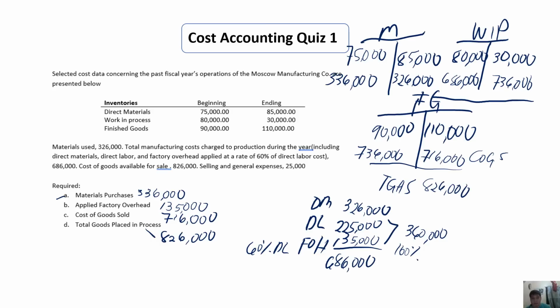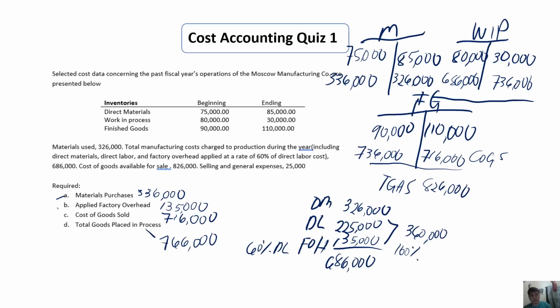So, ang lalabas po pala doon ay mali ako. 766,000 pesos. So, 766,000 pesos, that represents total goods placed in process, di ba? So, another way to compute for the total goods placed in process, yung ating WIP ending, which is 30,000 pesos, plus yung cost of goods manufactured na 736. So, the result is